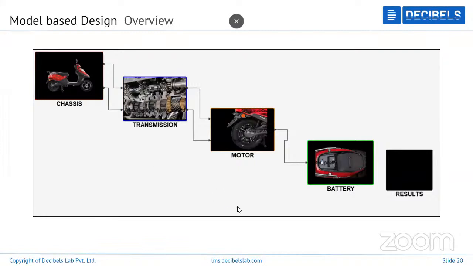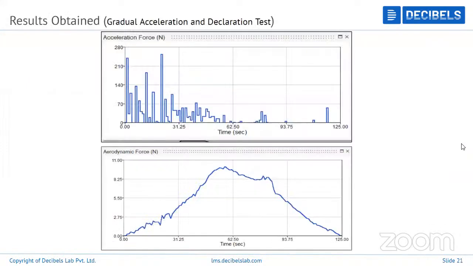The chassis will include all the resistive forces, transmission will include the gearbox. Again, whether you're using a reduction gear, what should be the gear ratio value? Then motor, battery. And in advanced MBD, you can also calculate the amount of regeneration produced by a vehicle. So these are a few results which you obtain from the MBD. You can see that particular result for the gradual acceleration and deceleration test. You could see what the acceleration force and aerodynamic force were,